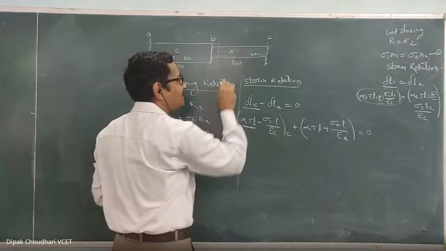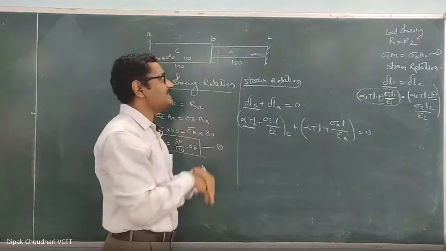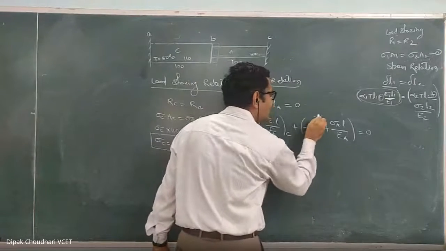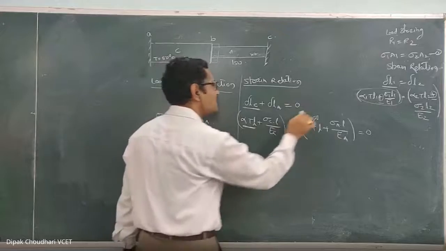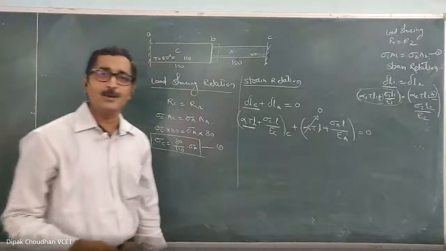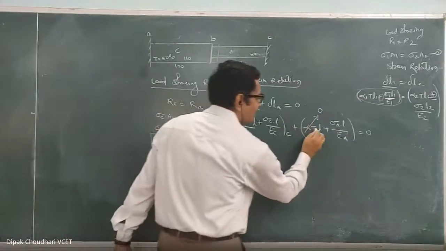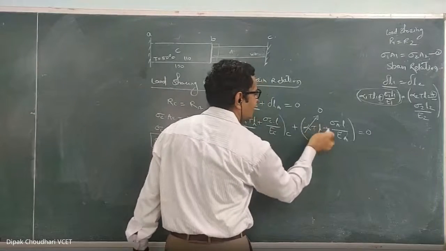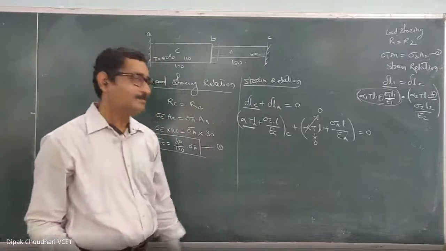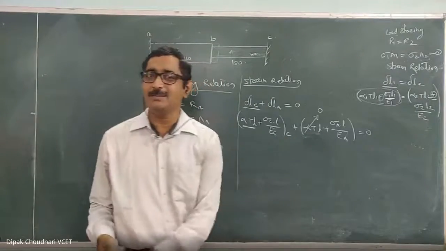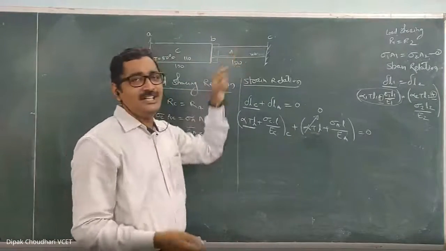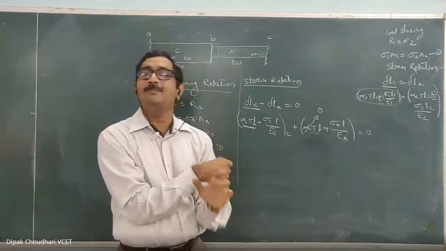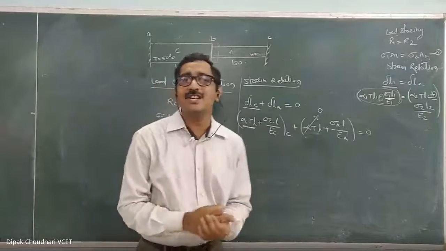But aluminum temperature is not changing, and since we are not changing the temperature of aluminum, there is no change in length because of the change in temperature, so this term will be 0. Here for this aluminum the change in temperature term is 0, so the whole term will be 0 because there is no change in temperature. Means aluminum's change in length will be just because of the reactive force exerted by the copper, not because of the change in temperature.